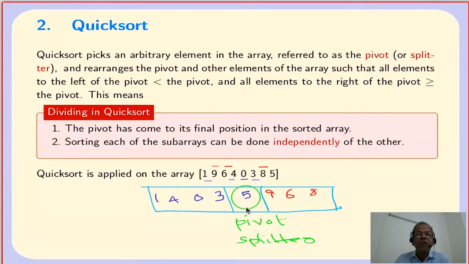So the basic idea of quicksort is: choose any arbitrary element as the pivot, partition the array or list into a left subarray, smaller than the pivot, and a right subarray, larger than or equal to the pivot, and then sort the smaller subarray and the larger-or-equal subarray independently. The idea is captured here. The pivot has come to its final position in the sorted array. Sorting each of the subarrays can be done independently of each other. Okay, now